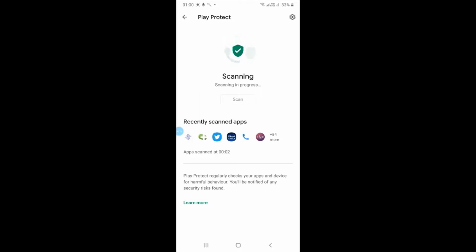I think 84 plus apps are installed on my mobile. Okay, yeah, no problems found. That means all the applications which I have installed on my mobile are safe.